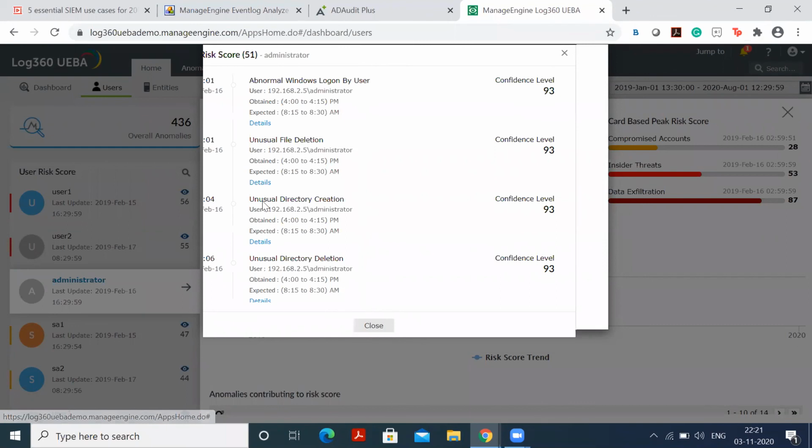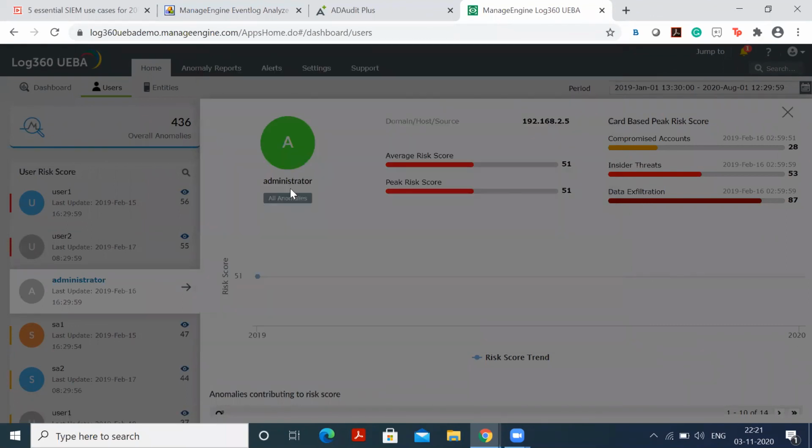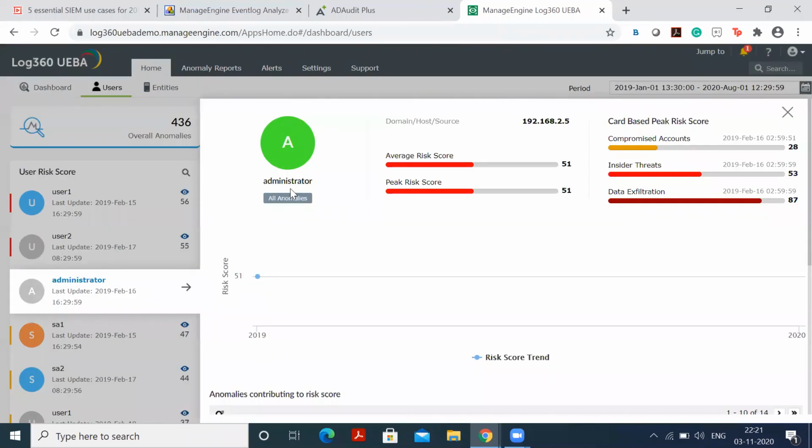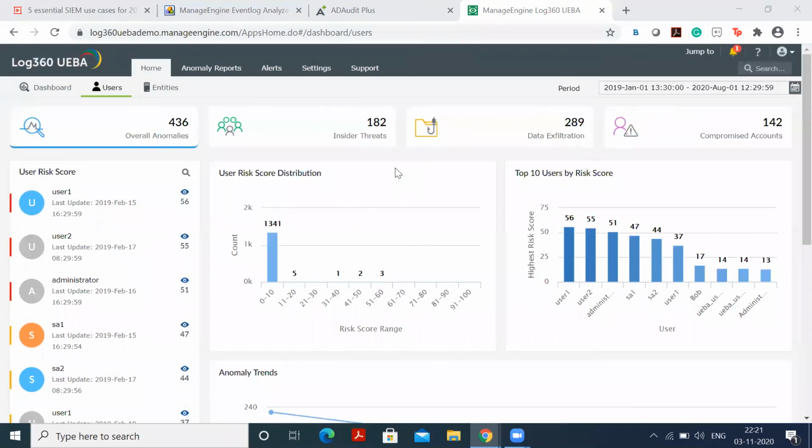We just give you this interface. I already see a question, in fact, from Abe, who asks, is Log360's UEBA a managed engine product or a partner? No, it's one of our products. So it is just an add-on to Log360. So if you're already using Log360, you just have to apply this